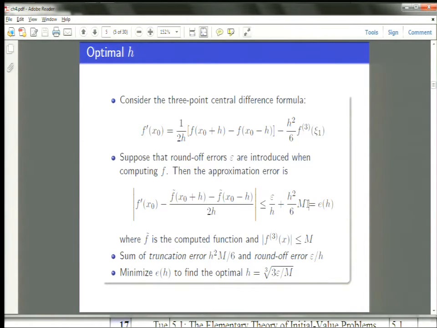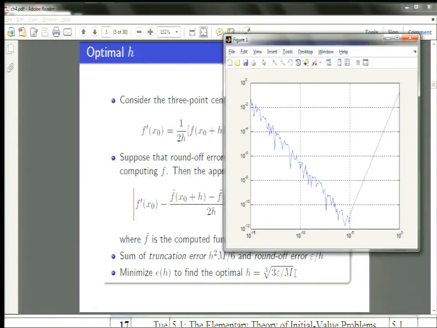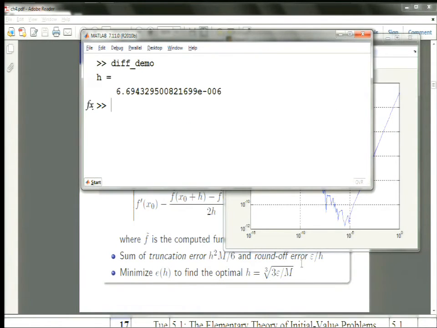And how do you get it? Just calculus. 1 over something over h plus h squared times something. It's calculus. You find the optimal h, and it turns out to be this expression. That's kind of nice. I'm plugging in the MATLAB thing. So it's the cube root. So our epsilon is, remember, 2 times 10 to the minus 16, right? So basically 3 times epsilon divided by,